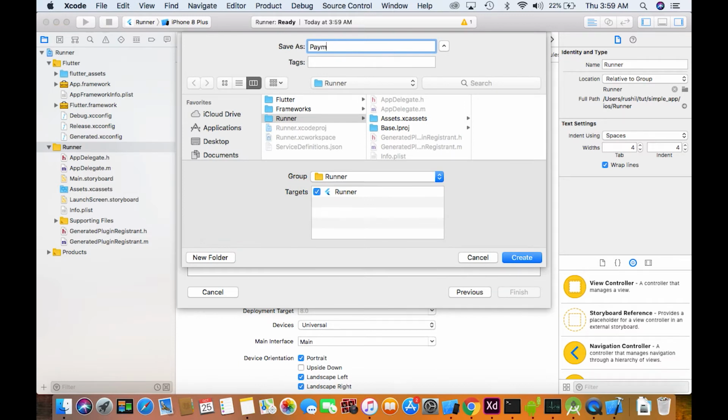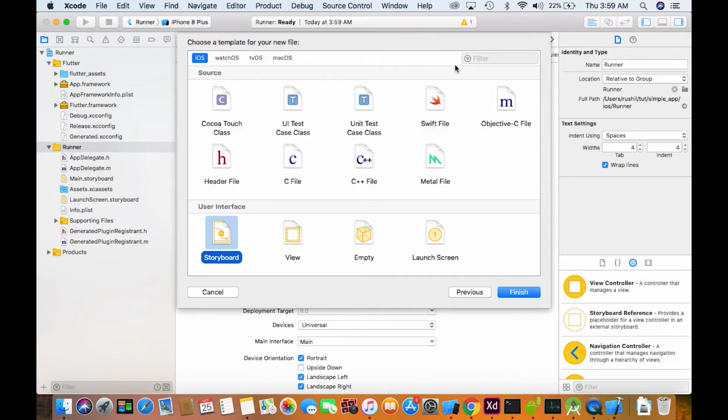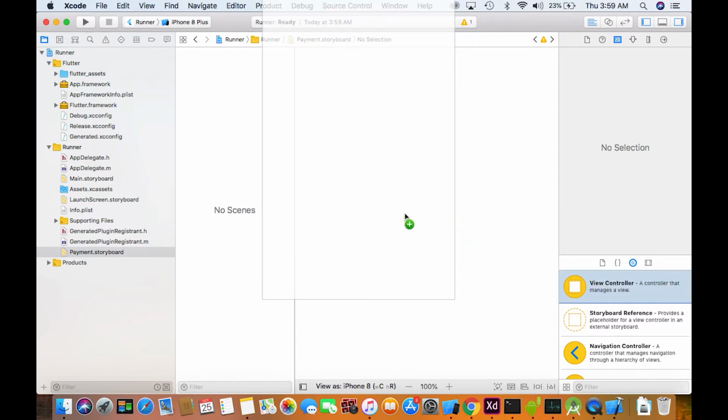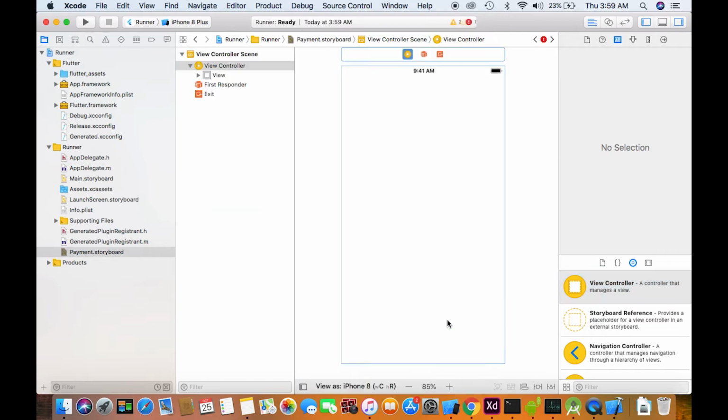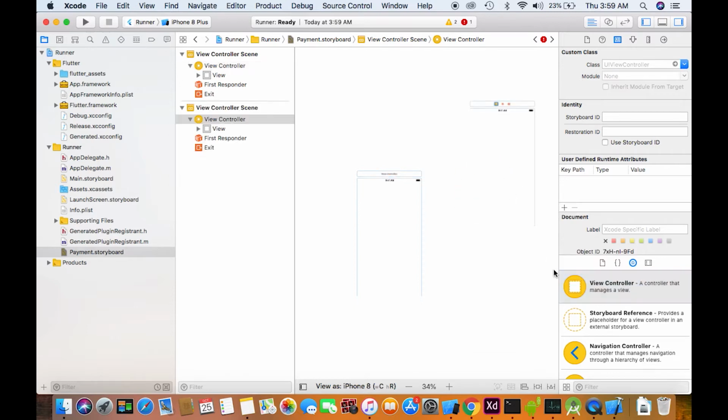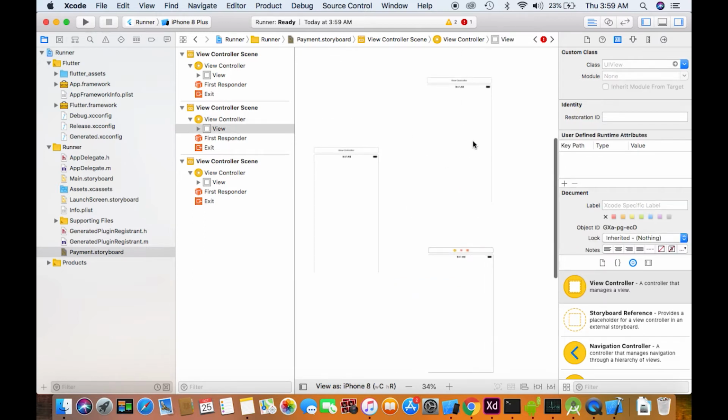Simple as that. Now in this payment storyboard there is no scene, so we have to add a scene to it. I'll just add one scene. You can have multiple scenes here. You can add one more view, and then you can connect a button to this. That's how you create a flow.